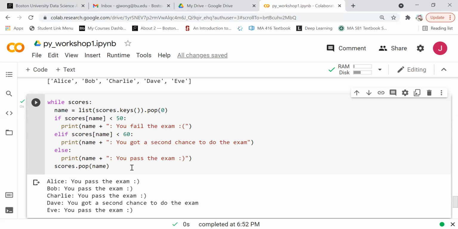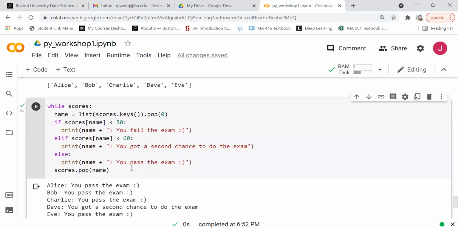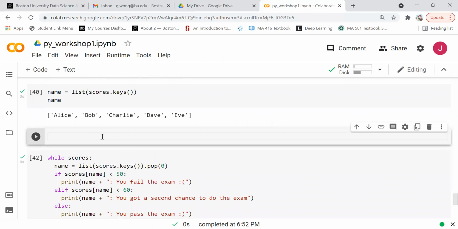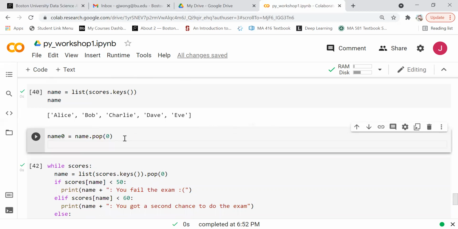Pop is just like extracting the first value. So I can show here. Say we have name0 equals this here. The name here is a list. name dot pop 0. And if we check what is in name,